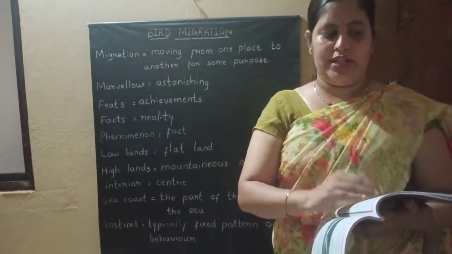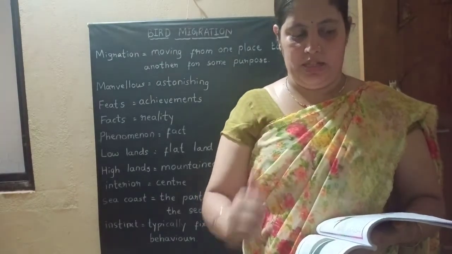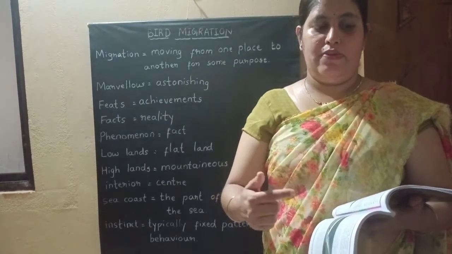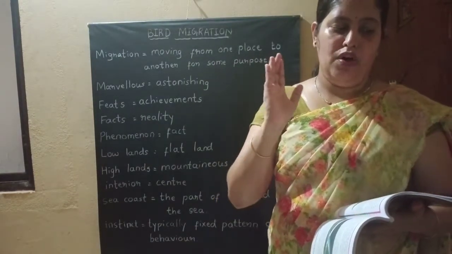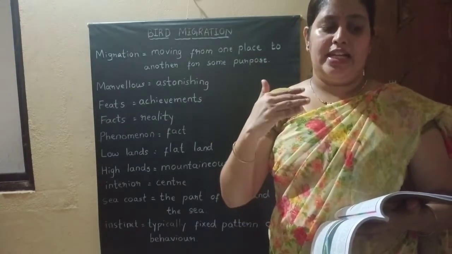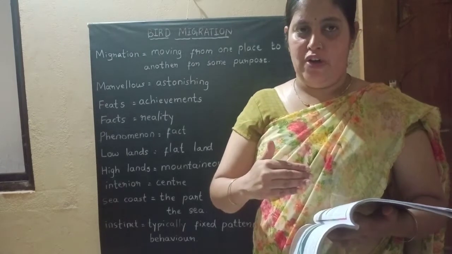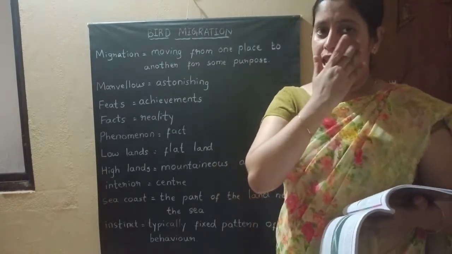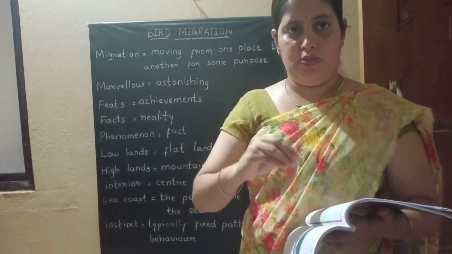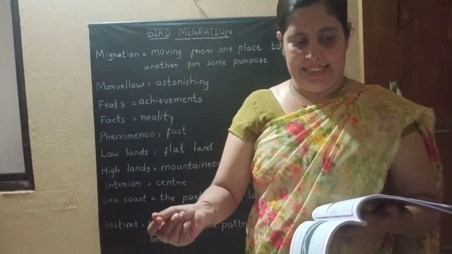Have you all understood, children? Birds give birth to their young ones in summer season, and during this season they migrate northward. Birds can understand the length of the days and the lack of food. When the length of the day differs and when there is a lack of food, they migrate to suitable places.